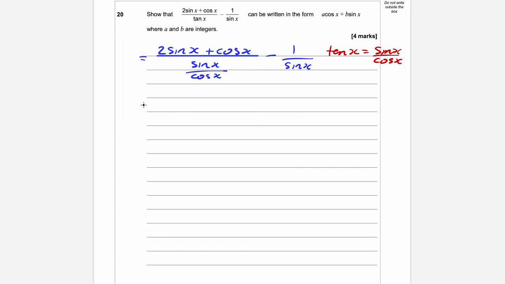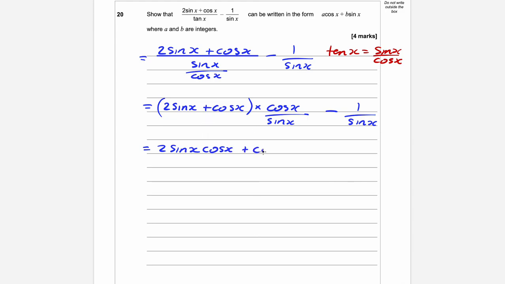Okay, now if we do our keep, change, flip, guys, if you like, we're going to flip this and multiply by this. So we're going to have 2 times, okay, let me just do 2 steps, guys, just so you can see it clearly. It's 2 sine x plus cos x. That's the numerator. Times, and I'm going to flip this, cos x over sine x, like so. And this minus 1 over sine x. Okay, because I'm multiplying out, I have to do this times this. So this is equal to 2 sine x cos x